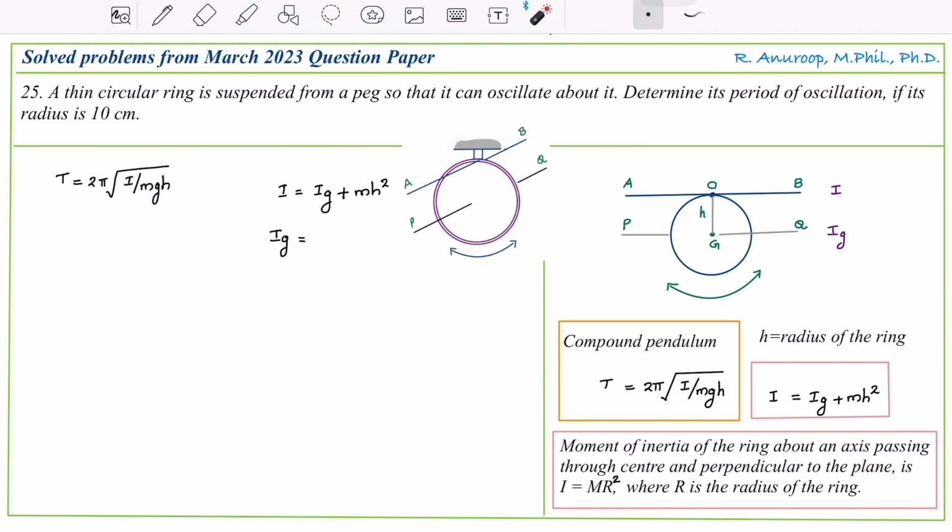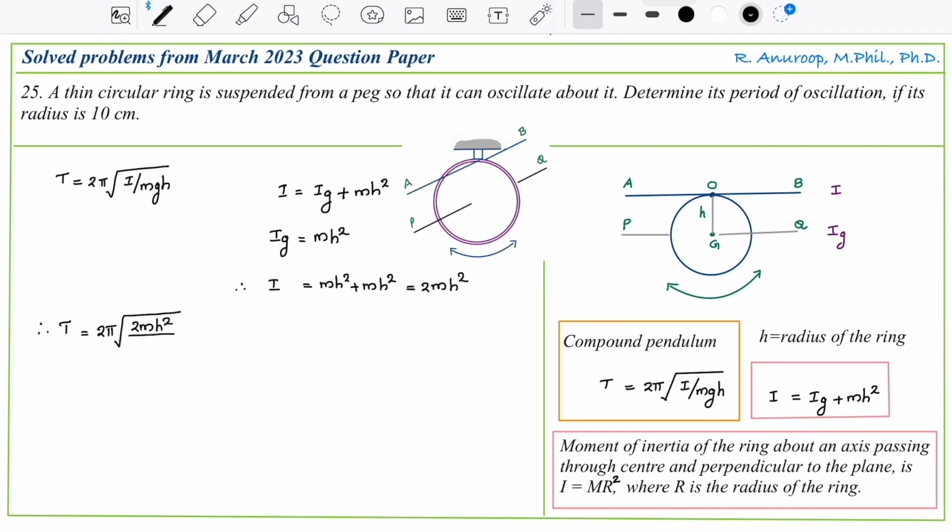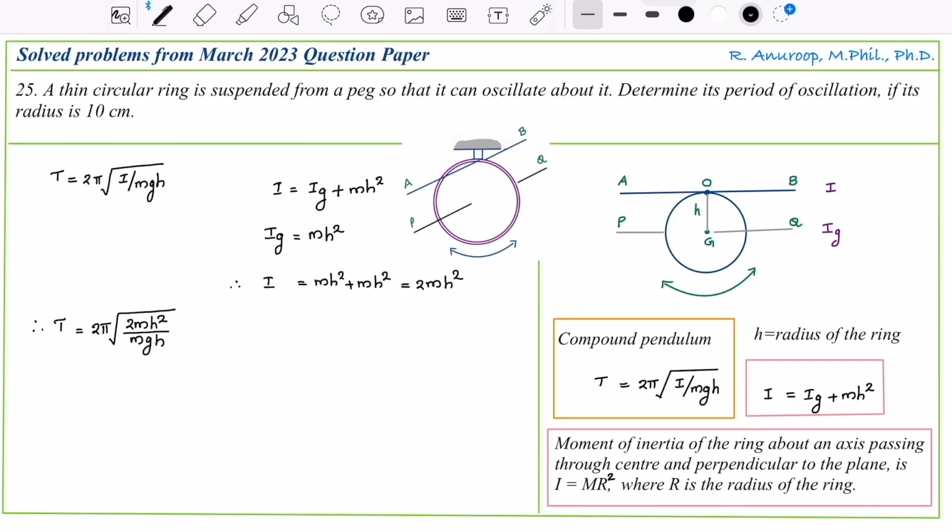Now, if h is the radius of the ring and if small m is the mass of the ring, then we can write Ig, that is the moment of inertia of the ring about an axis that is passing through the center of gravity and perpendicular to the plane, is mh square. Therefore, moment of inertia about AB using parallel axis theorem is mh square plus mh square, that is 2mh square. Therefore, the time period T is 2 pi into root of I by mgh, that is 2 pi into root of 2mh square divided by mgh, or T is equal to 2 pi into root of